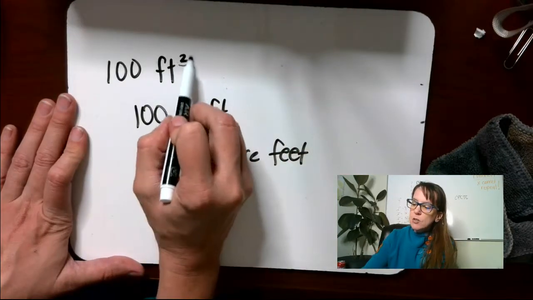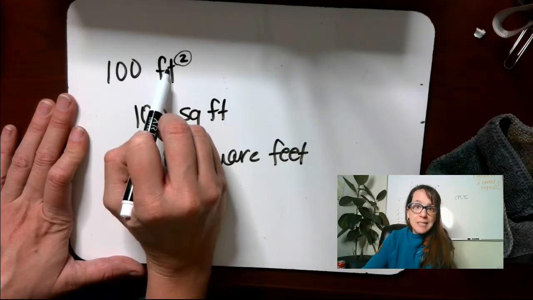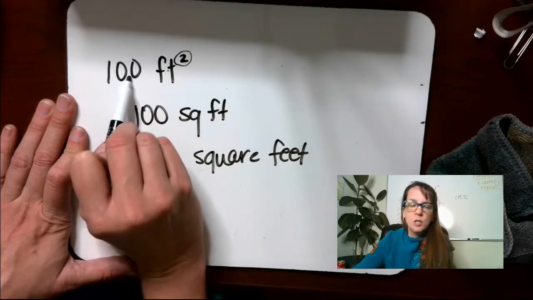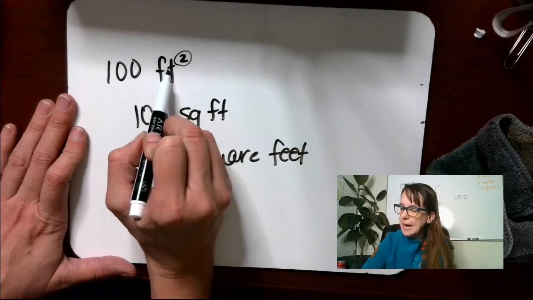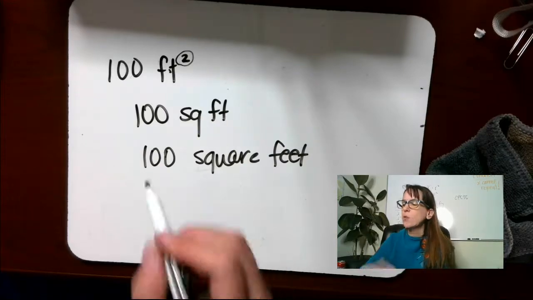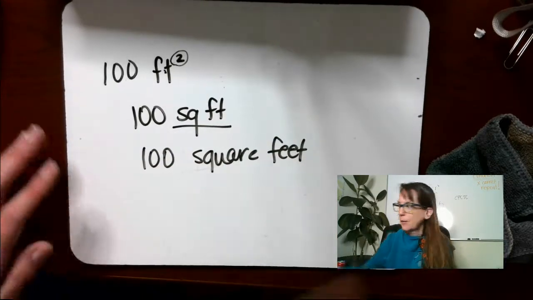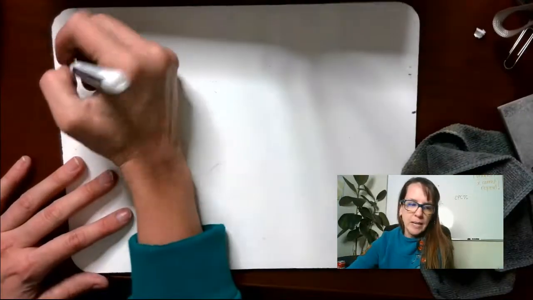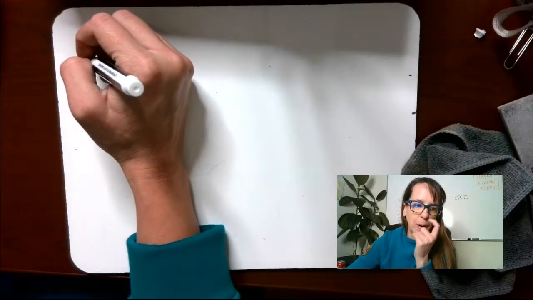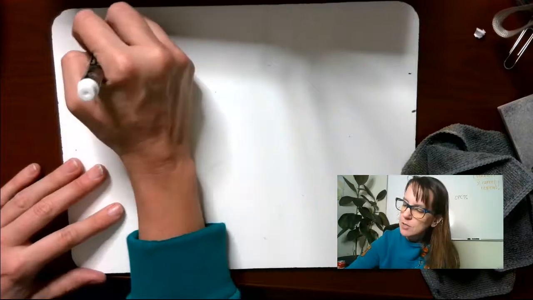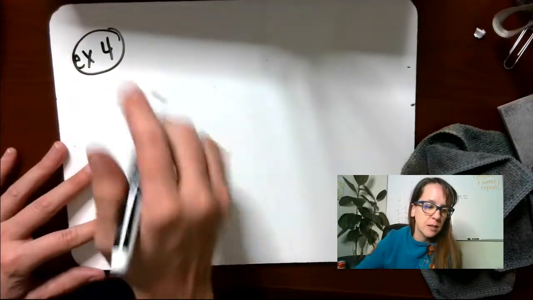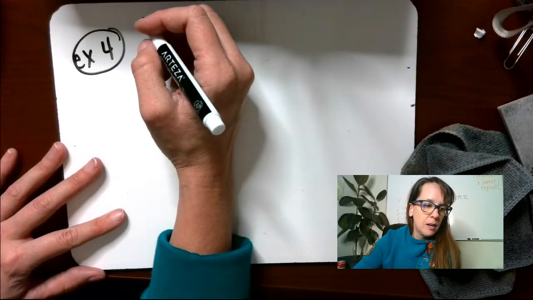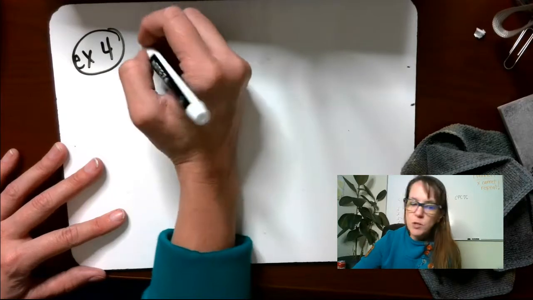When you see this little 2 attached to a unit, it does not mean to square this thing. It's only attached to the unit. It's just a shorthand way of writing this, okay? So why is that relevant? Well, let's see. For example number 4, I think I've only done 2. I always mess up my example numbers here, guys. Sorry about that. We're going for 4